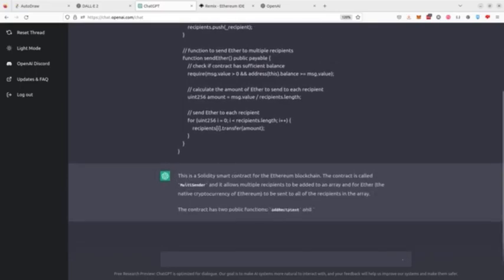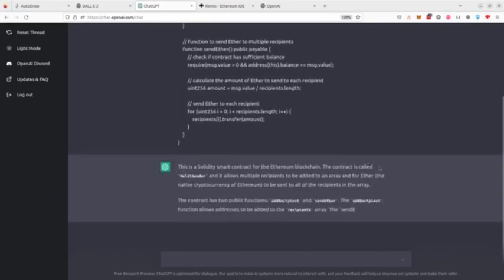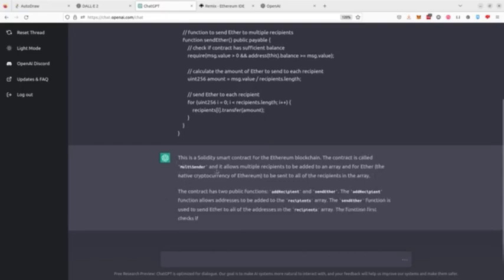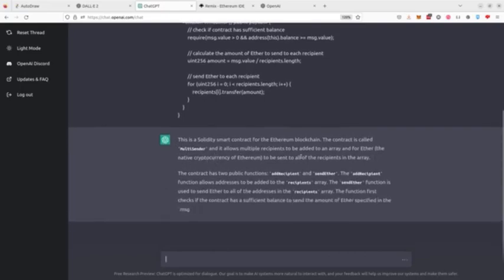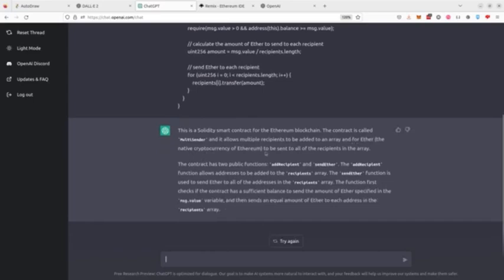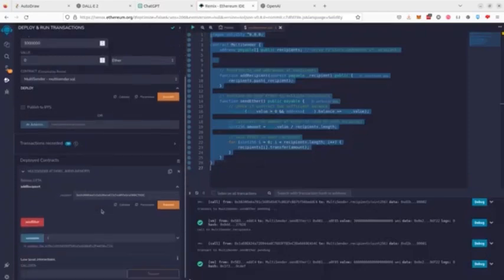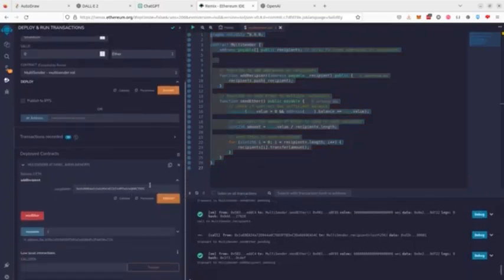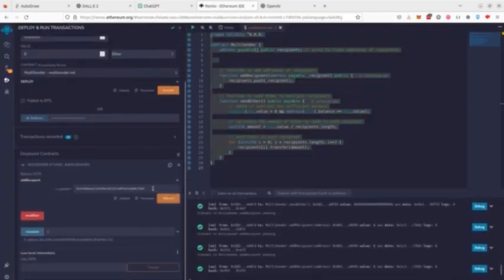And now it tells me exactly what this code is doing. So this is a Solidity smart contract for the Ethereum blockchain. The contract is called Multisender. It allows multiple recipients to be added to an array, and for Ether, the native cryptocurrency of Ethereum, to be sent to all of the recipients in the array. The contract has two public functions, add recipient and send Ether. Add recipient function allows addresses to be added to the recipient's array. This is what we have done over here. Whenever we add here addresses to an array,